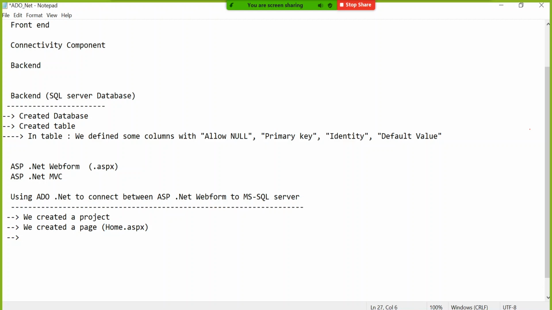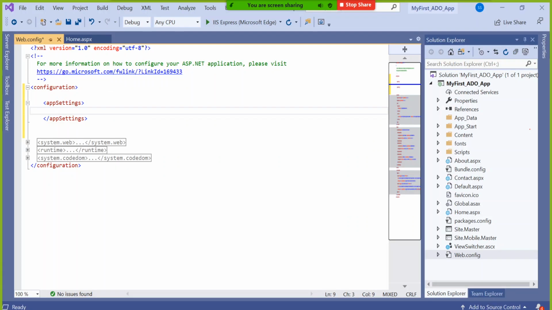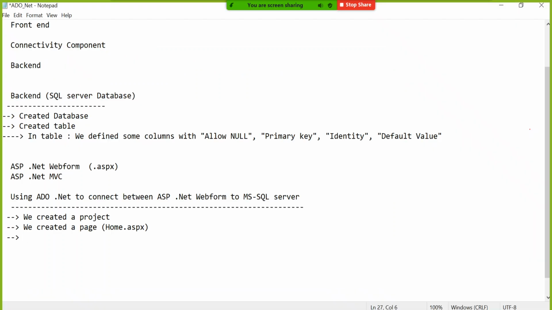Going very slow, systematically, if you are stuck anywhere or missed a step, raise your hand and stop me, and then comfortably go to the next level. So after creating the page, we went to web.config and provided some app setting.